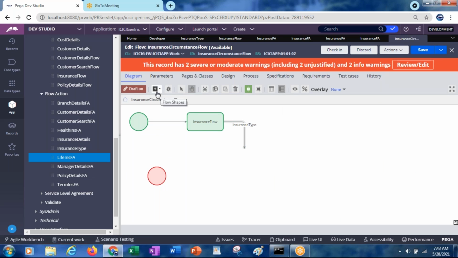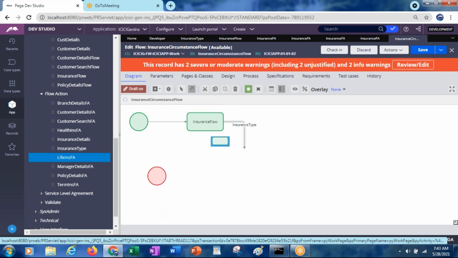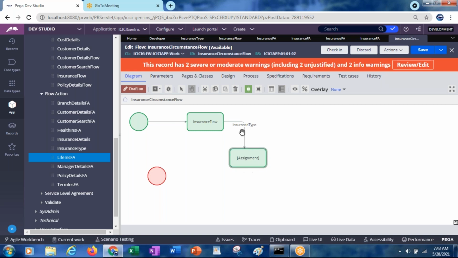After removing the decision tree, we'll be having just one assignment.